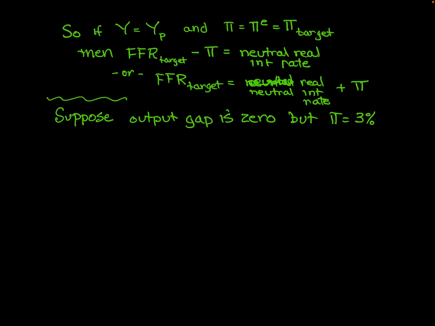So actual inflation is 3%, and we're going to maintain this assumption unless you're told otherwise, that the Fed's target, because this is true, the Fed's targeted rate of inflation is 2%. So the actual rate of inflation is running higher than the 2% target. So what would we predict that the Fed would do? Well, we would predict